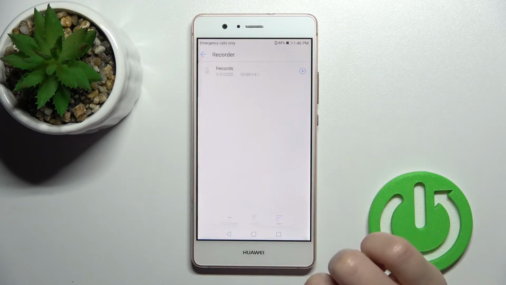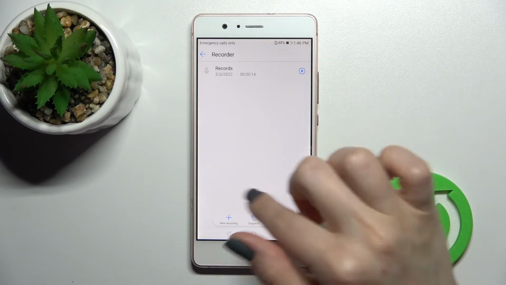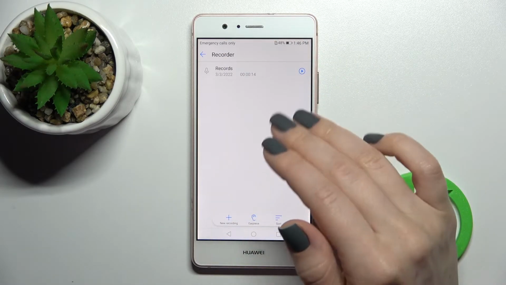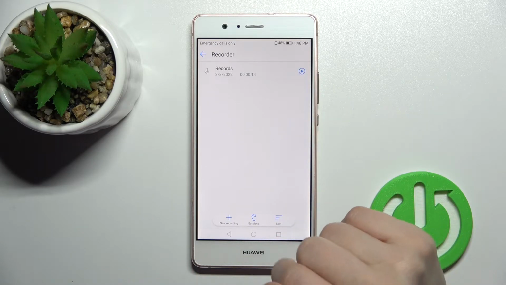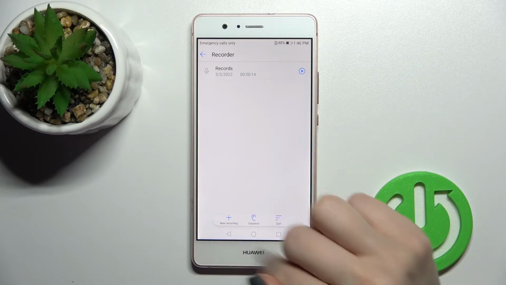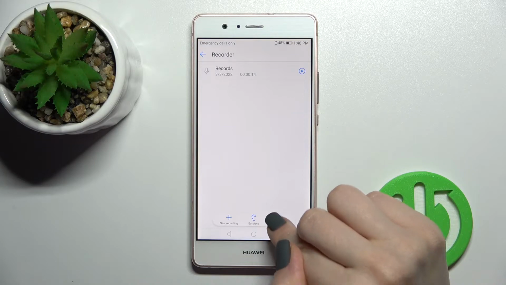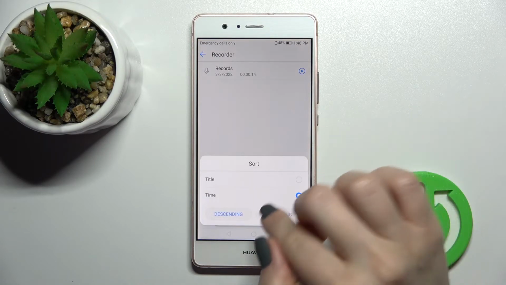And here, by clicking on this section, you can find all your previously made recordings on your device. You can click on plus to add a new recording, or you can sort them by time or